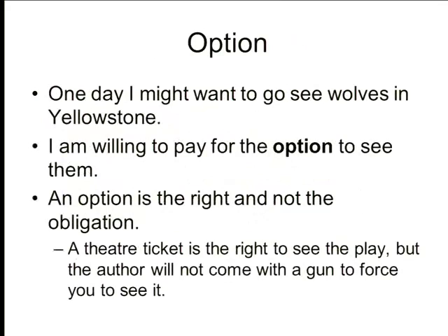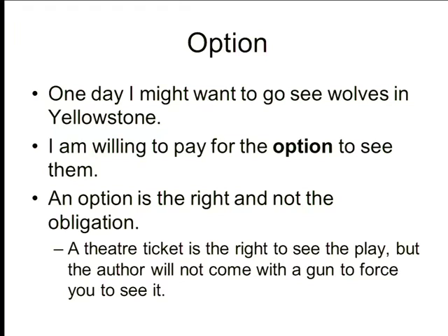Another buzzword here, which I don't make a lot of, but shows up in the article, so I'll go through it, is the idea of option value. So one reason why I might, sitting in my armchair, say, no, I haven't gone to Yellowstone, and I don't plan to, but I might pay for the right to go to Yellowstone and see wolves. So I have the option. So an option is something that you have the right but not the obligation to do. A theater ticket is an option on going to the theater. Do you have to go to the theater after you bought the theater ticket? No. It's true with a movie ticket. You bought the movie ticket, the new reviews came out, they said it was sucko, you decided to go for a bike ride instead, right? You threw the movie ticket away.